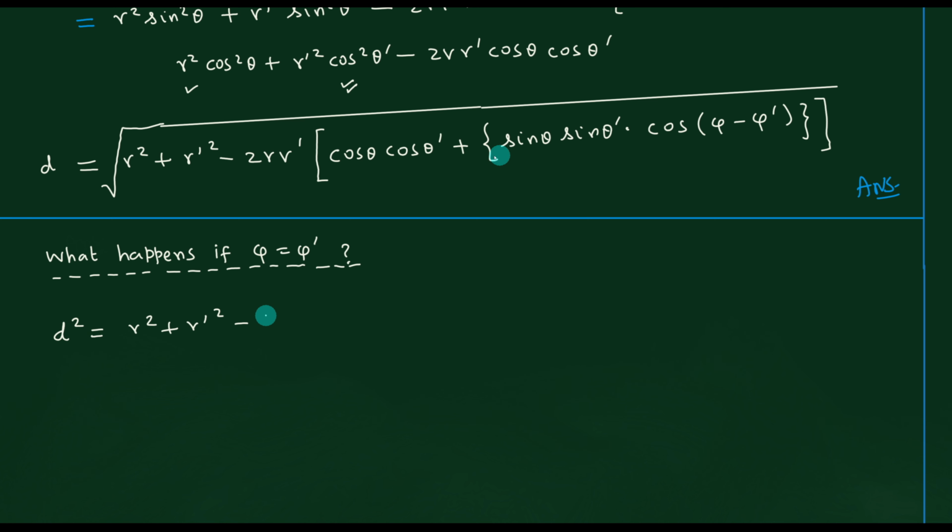Because this is gone, now you are eligible to add these two. If you add these two, what will happen is this is cos A cos B plus sin A sin B. Therefore that should be a cos of A minus B formula. So that you can now write down, and therefore this equation is going to look somewhat comfortable. So that will be a cos of theta minus theta prime. That's all. So you see that the equation has got simplified considerably, and this is very important because this expression